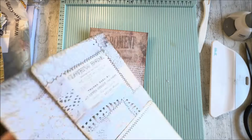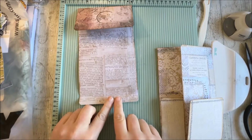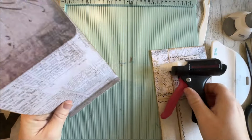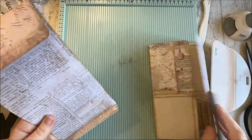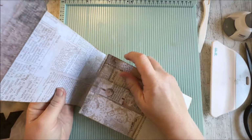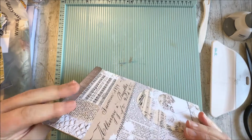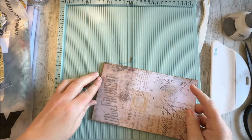So basically, just to finish this off, all you need to do now is make sure that you're gluing to the first line, not the second. Sorry, I have hiccups now. So not to the second line, only to the first line, okay? Otherwise you're going to lose your fold. There we go. Actually, it might be easier if I do it with it closed. There we are. That should,